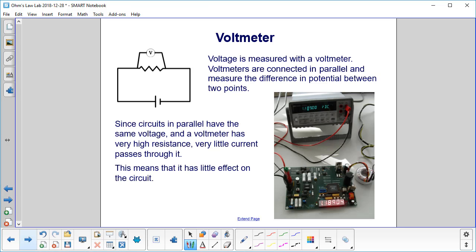Measurement. Voltage is measured with a voltmeter. Voltmeters are connected in parallel and measure the difference in potential between 2 points. So we have a circuit here with a resistor, and we have the voltage measured by the voltmeter in parallel